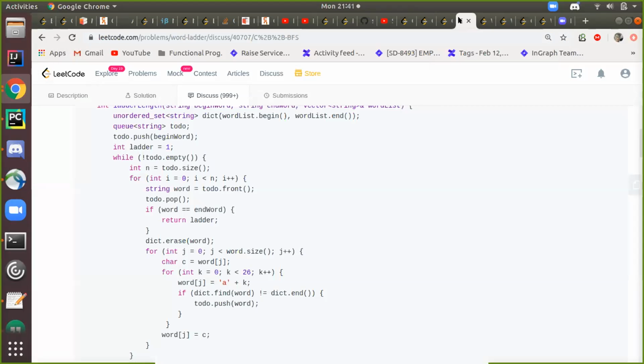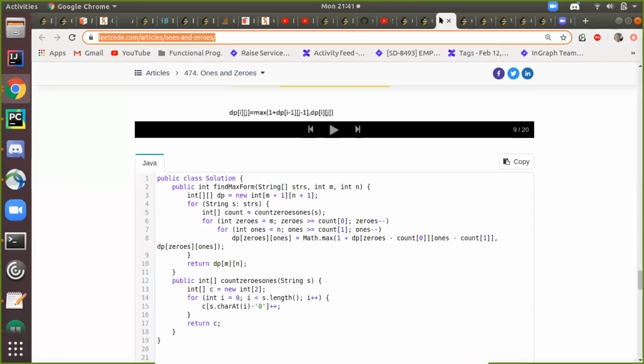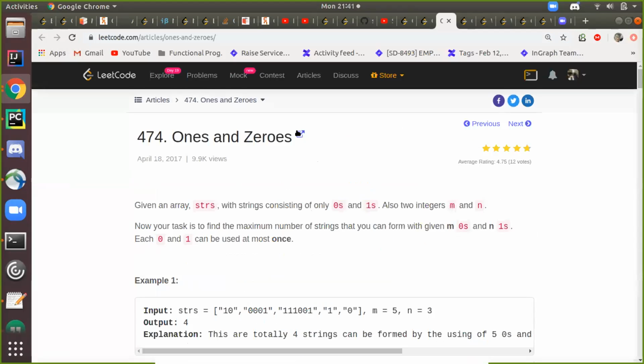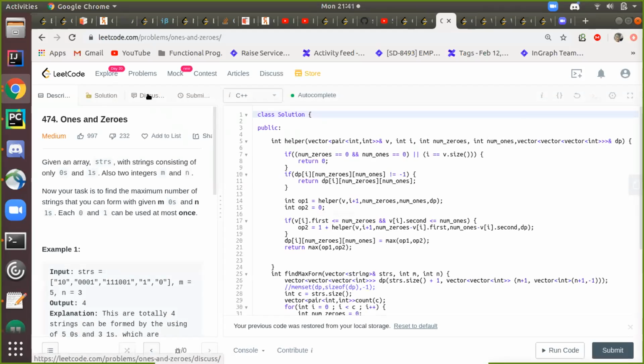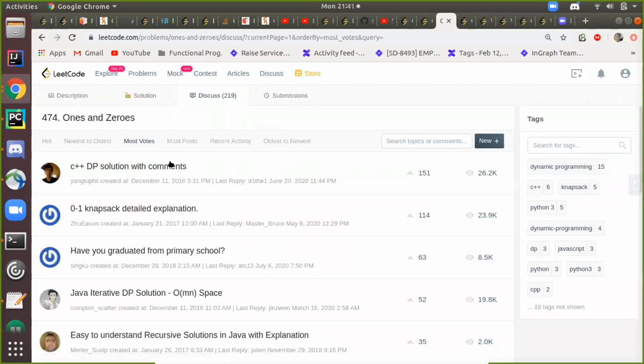No. Space is till O of Mn itself, but the time complexity is also O of Mn. Okay. Somewhat the code looks similar, but this one. Yeah, the first one itself.